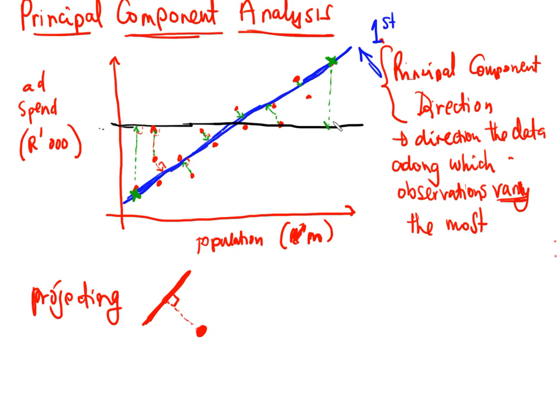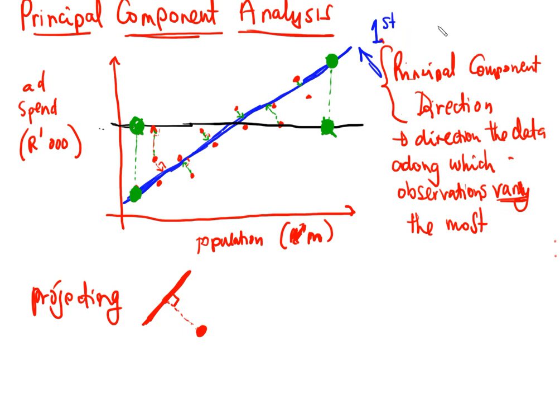The variability on the black line is going to be from here to here. That is the variability, right? If you calculate the variability on the black line, it's going to be less than the variability on the blue line, which covers all the points between these two. The blue line is a bit more horizontal. So the blue line is the direction that gives us the largest variability, and that becomes our